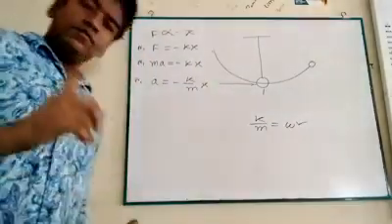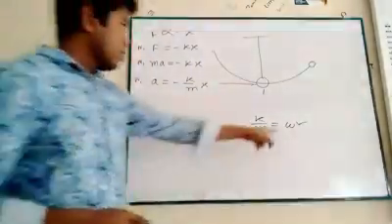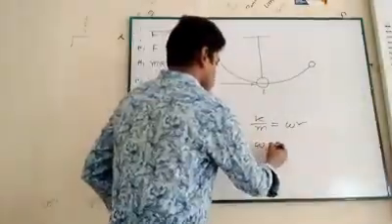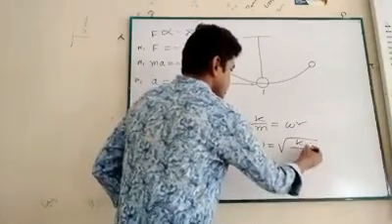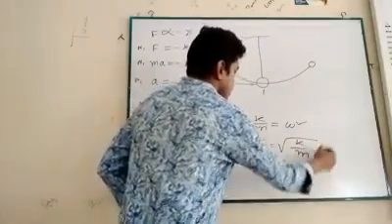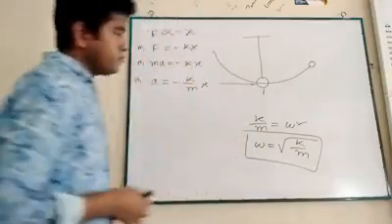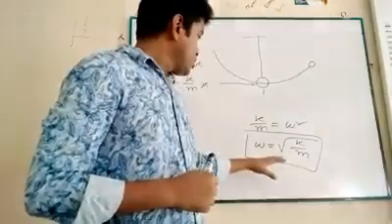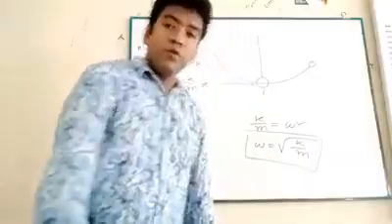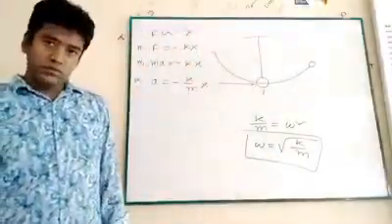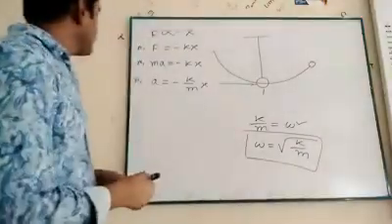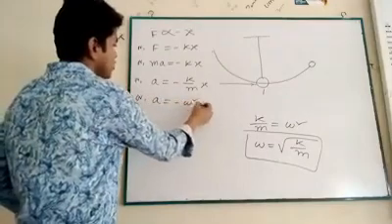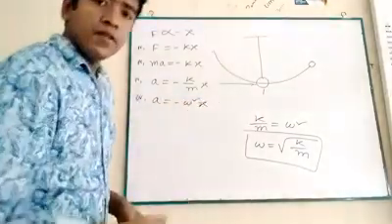Omega, angular velocity, you know, is also a constant. So we can write omega equal to root of k by m. This is another rule you have to apply when you solve problems included in your books. Okay, and write a equal to minus omega square x,